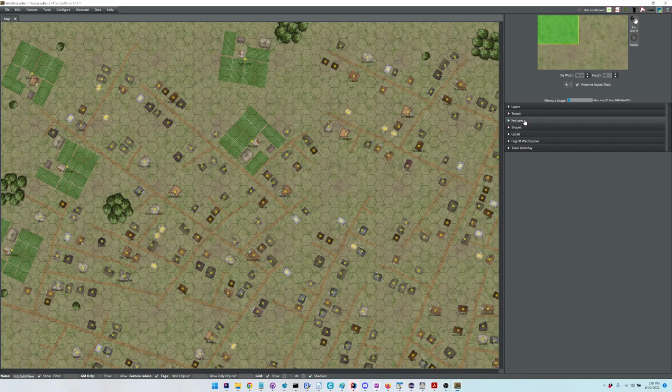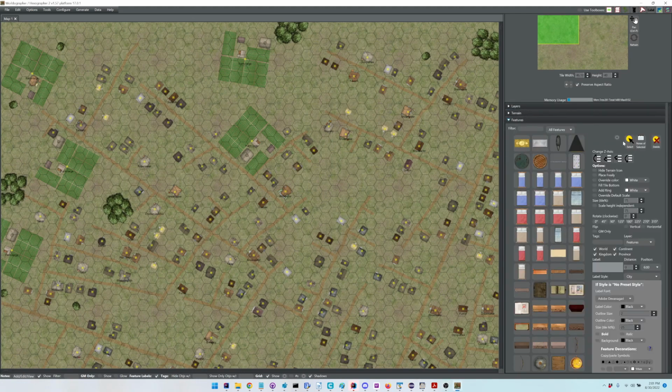The labels themselves have been in the program for a while. You can go here to select, and we can select this wine cellar, and you could change it here. You can also use this distance setting to push it down further. For example, if we wanted to jump down 100% of a hex, then it gets that label off of the building itself. But the change is to have these